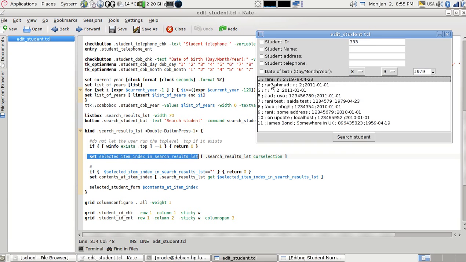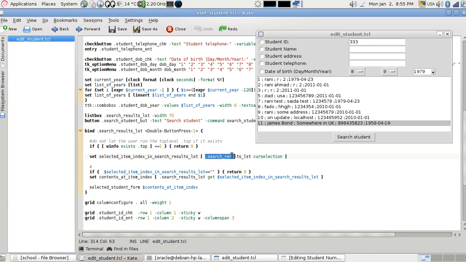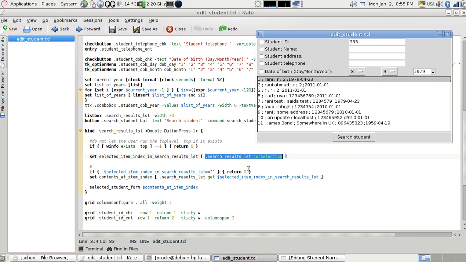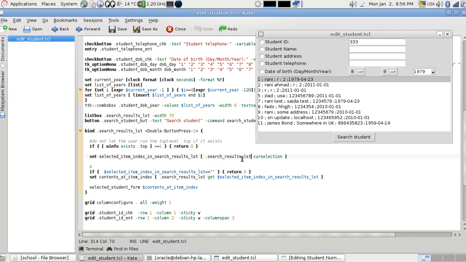So if say 0, 1, 2, 3, 4, 5, 6, 7, 8. So this is number 8 here. So if I select here, okay, this command over here will give me number 8. If I select, for example, here, it will give me number 1. Okay, so the search result list box,